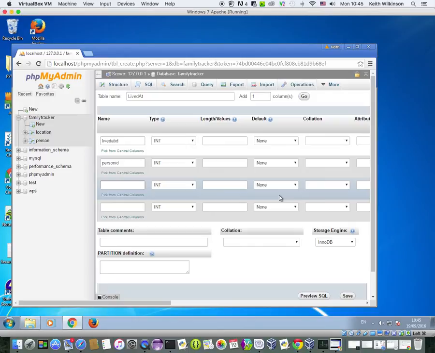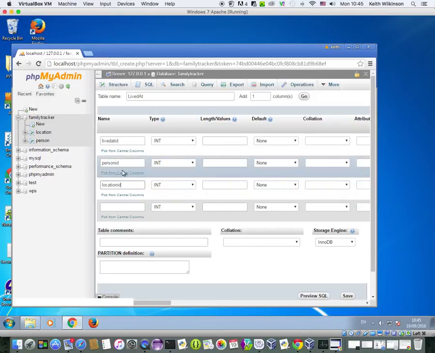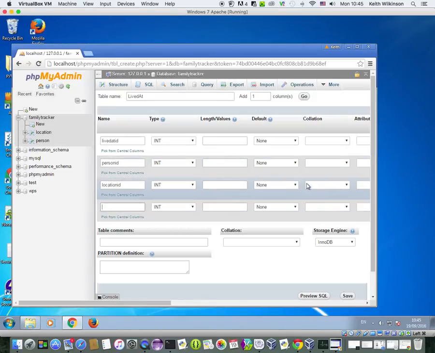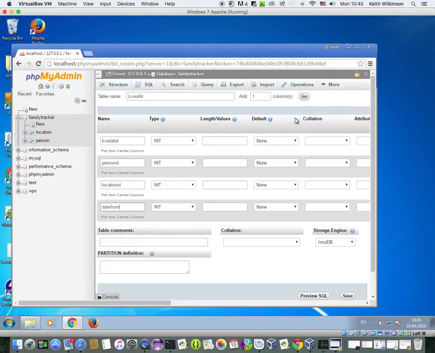The other table that it linked to was the location, and that had one called location ID. Always use the table name and ID at the end so that you knew which one you're talking to. And the table that we haven't built yet, we'll come to that in a minute. What I'm going to do is have a date from. Okay, I'm going to add another column